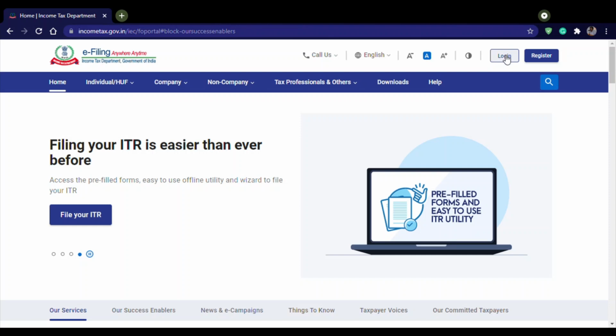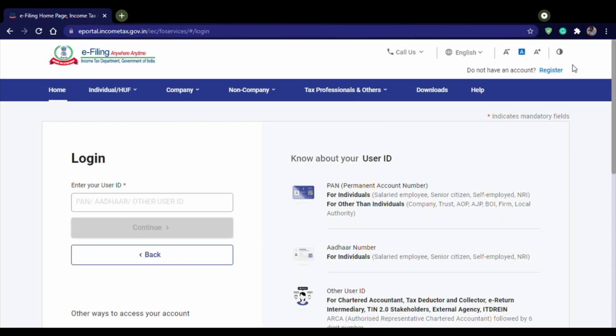Now I'm clicking on login. Here, after clicking login, we need to give our user ID, which might be PAN, Aadhaar, or the respective user ID which can be created by any individual. Now I'm giving my PAN details. Then click on continue.